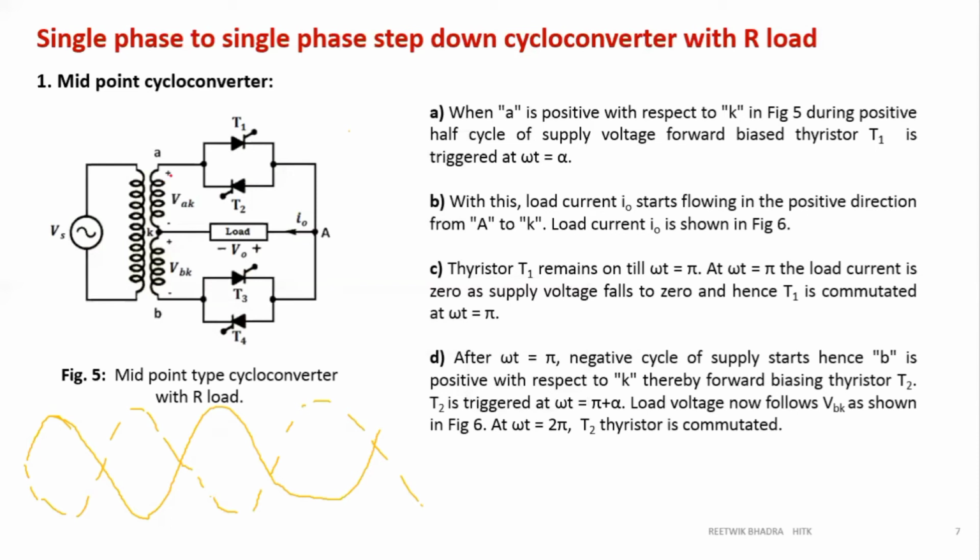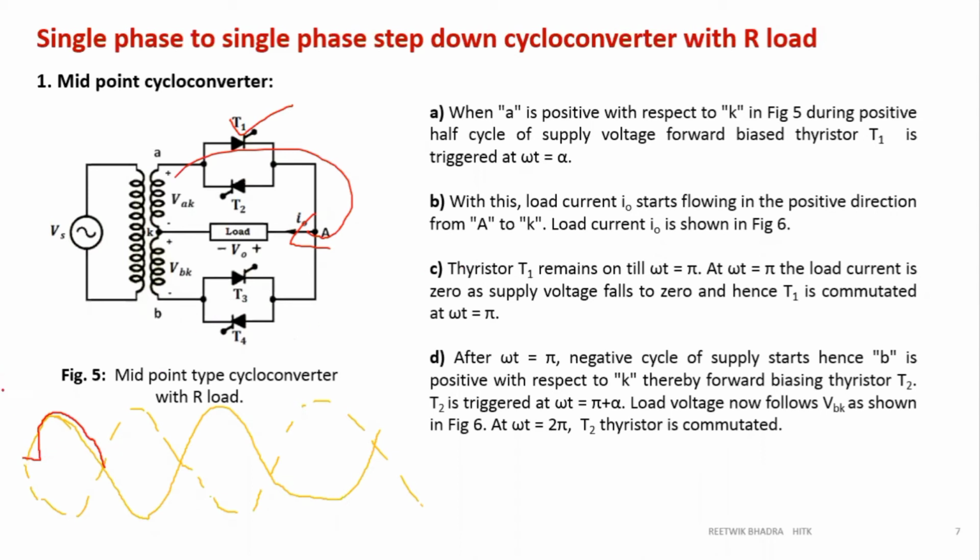So first this is positive with respect to this, which is on T1. Current flows in this direction, we'll get a positive voltage. And since it is a thyristor, what we'll do is try to give a delay in gate pulse. So we'll start from here, get a delay in gate pulse. Previous circuit, we were not giving any delay, we were keeping alpha as 0 only. So now we are triggering it at a phase angle alpha over here.